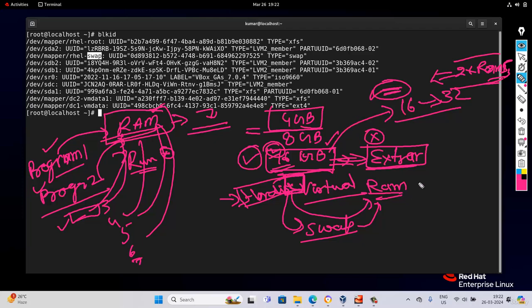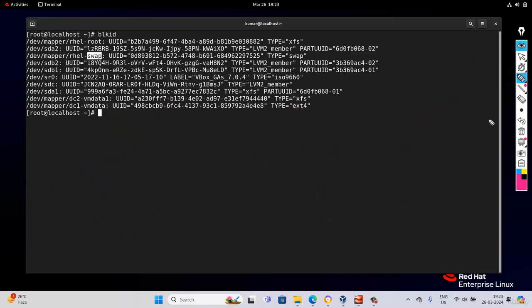Yes, you can call it virtual RAM. So creating the virtual RAM without shutting down your system, this process is known as swap, creating the swap partition and extending this. So here you can check the swap,